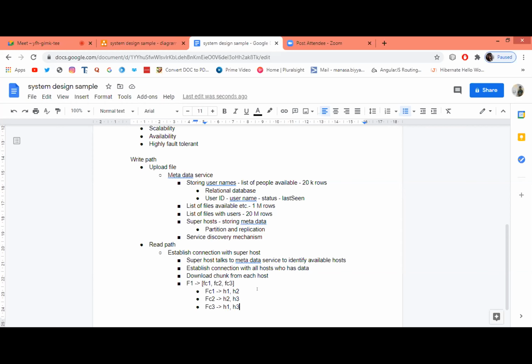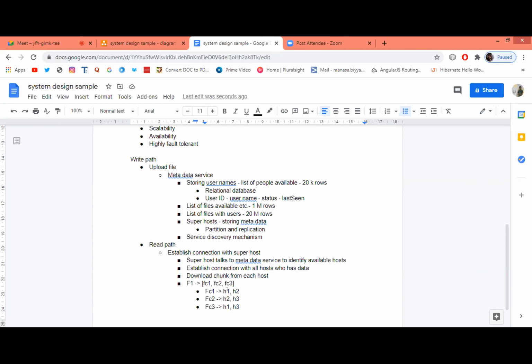So there are two kinds of failures that we can foresee here. One is when I'm trying to download a file, I know H1 has the file. I try to connect with H1 and get the file. One option is H1 is not available at that time, and another possibility is H1 doesn't have that file. So when I create a connection with H1 and ask to get the file, if it says that it doesn't have the file, then